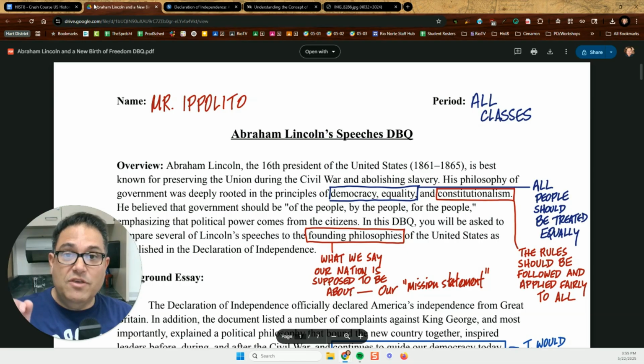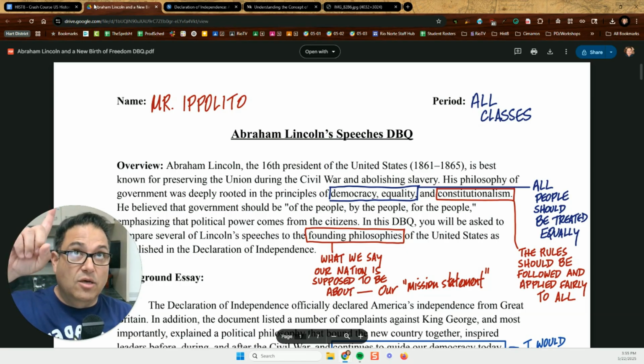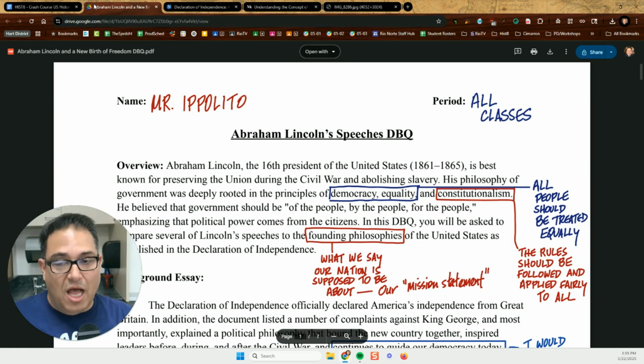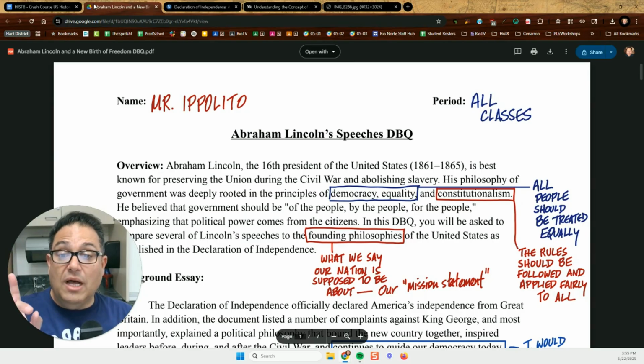The reason why I'm giving you a DBQ, and actually all of the 8th grade U.S. history teachers are giving this very same DBQ. It's what we call a common assessment where all the teachers do it. Mr. Sheridan, Mr. Knutson, Ms. Osofsky, and myself. We are giving this to you for a couple reasons. First of all, because we would like to give you some additional practice with writing. Second of all, in high school, if you have not yet practiced with a DBQ, document-based question, you're definitely going to see this again in high school.